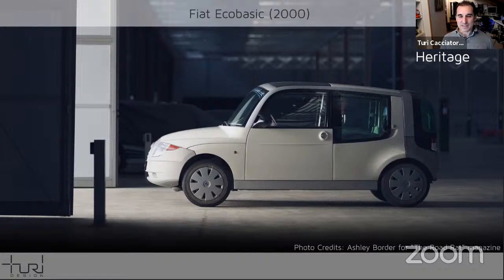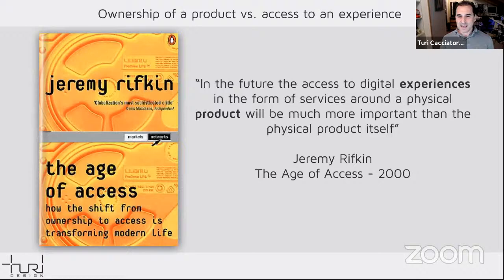At the time when the project was finished, of course, I kept my career and I stayed at Fiat a lot longer. It took me a lot to realize that probably automotive was not the right place for me. Also because in the year 2000, exactly the year that the Ecobasic was presented, I had read a book that completely changed my approach to design, and it was not a design book. It was an economy book